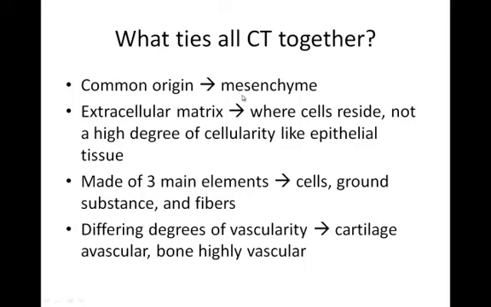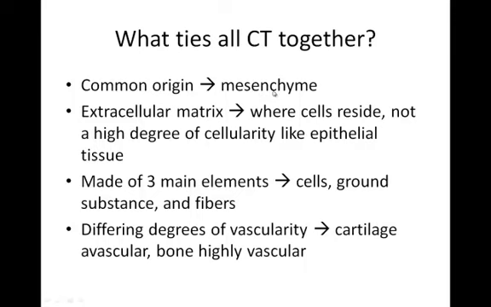Mesenchyme comes from mesoderm, if you want to write that down. Mesenchymal cells are going to stay in all the connective tissues forever throughout your adulthood. These embryonic cells called mesenchymal cells help us if our connective tissues have to